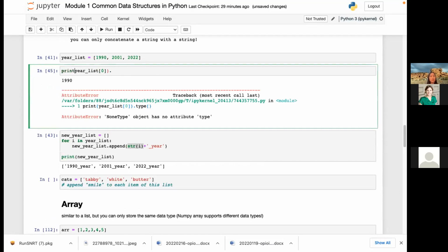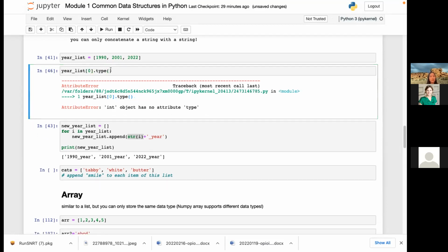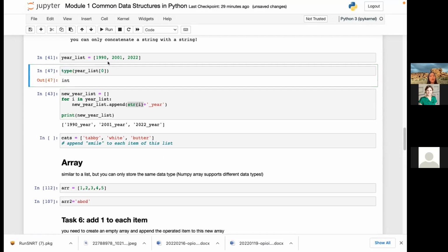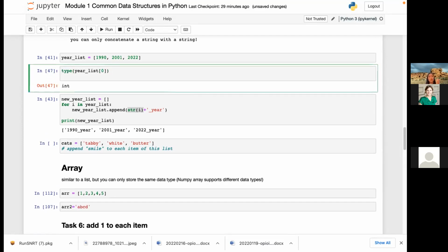Actually, how can I print the type? No attribute type. Okay, so this is how you print the type. It's called an integer. So if I want to convert it to a string,